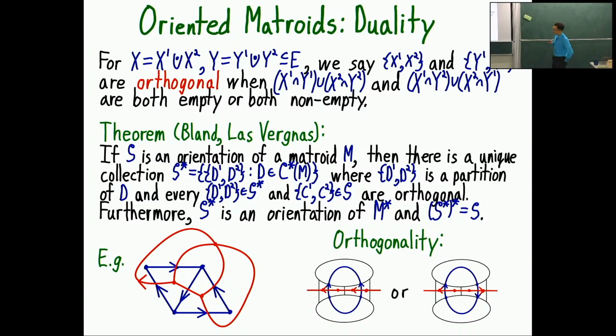Orthogonality for the graph case is essentially that if you have a bond and a cycle that intersect on two elements,